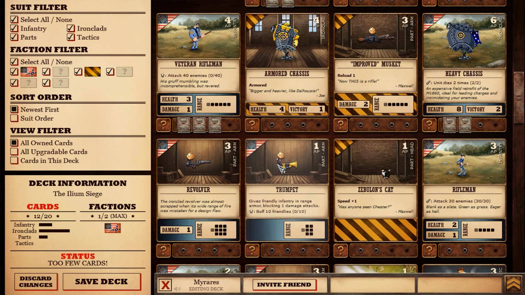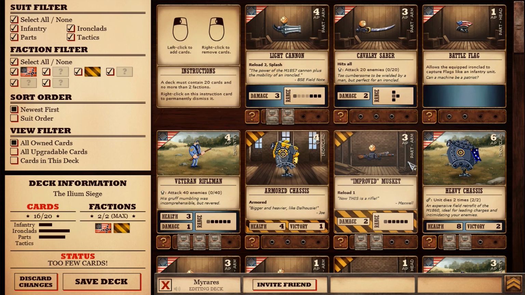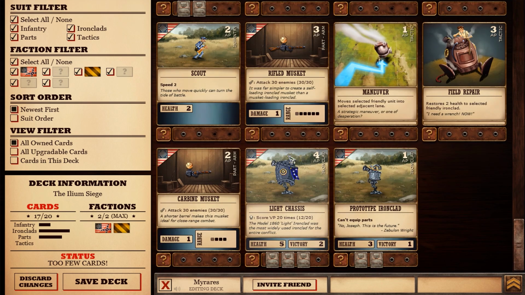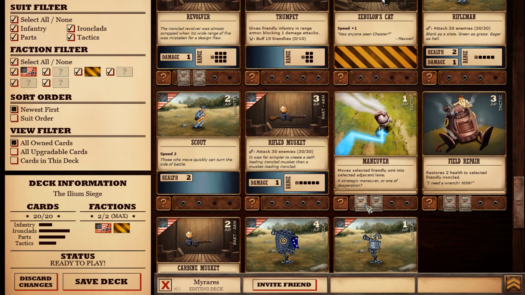Now, weapons-wise, Trumpet, not going to be that helpful. Zebulon's Cat, also not that useful. So, a revolver, kind of useful. We'll take a couple of those. We'll take a couple of improved muskets as well. Takes us up to 16 cards. So, we could take maybe another heavy chassis. And maybe another light. And then... yeah, I don't want to do that because I want to take a few maneuvers. And I'd like to take a couple of field repairs as well. So, there we go. So, that's 2 prototypes, 2 lights...